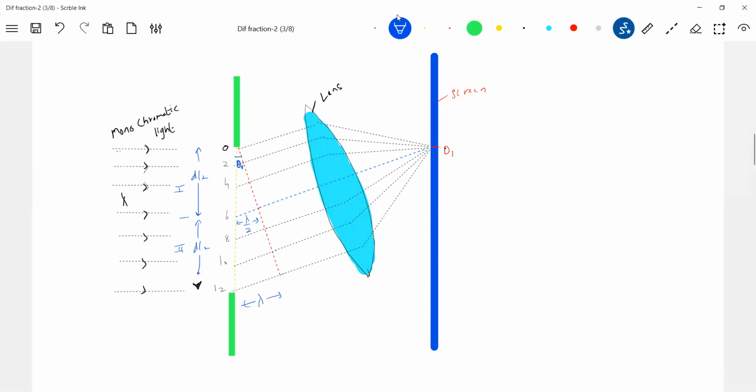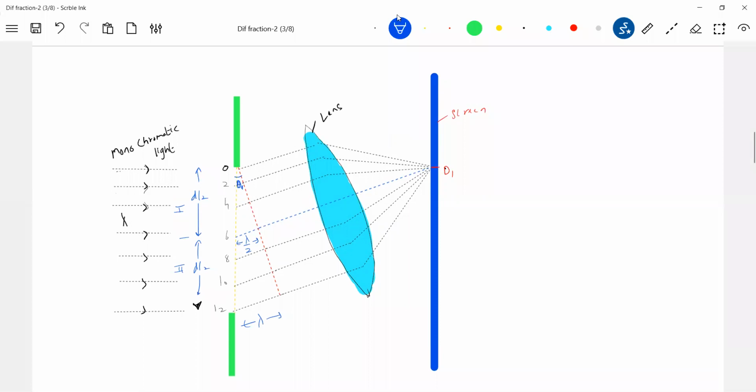Okay, look at this one. If the path difference between 0 and 12 is lambda, then the path difference between 0 and 6 will be lambda by 2. So what happened to the rays? The path difference